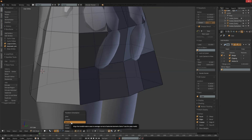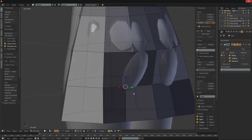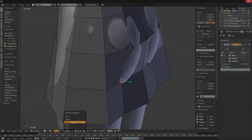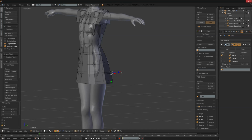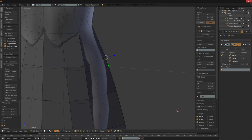But yeah, I love normal, and then global slide is useful. Cut ring all day, every day. F2. If you don't have the F2 add-on installed, you need to install it. F2 lets me do things like, let me find a cool way to do this. Let me just kind of pull this off real quick. Alright, so say you've got...